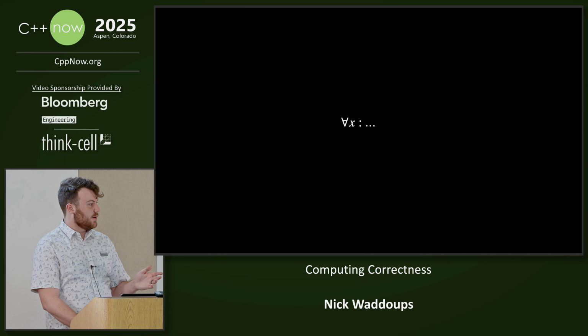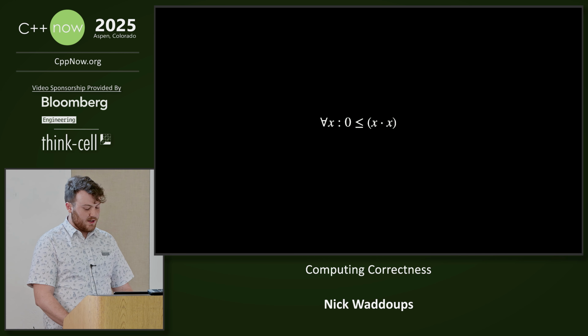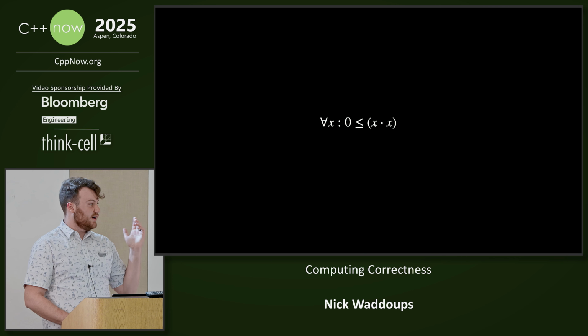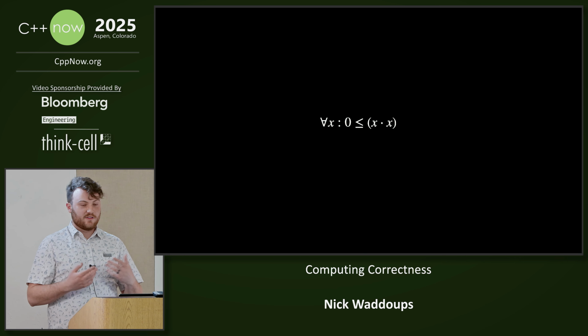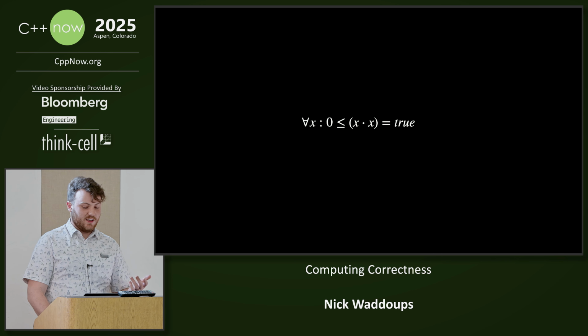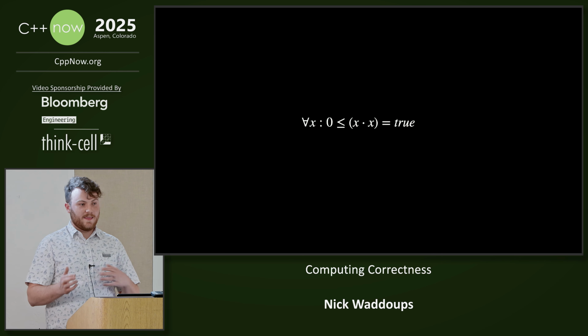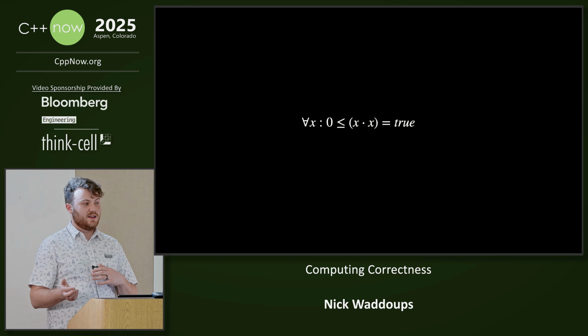But we're also going to go over one other operator real quick. That's the for all operator. So here we're just saying for all x, such that something happens. For example, if we said x were integers, we could say that for all x, x times x, or x squared, is going to be greater than or equal to 0. And this would again just evaluate to true. So now that we've had a bit of mathematical background on how we formulate these properties, we're going to talk about how tools